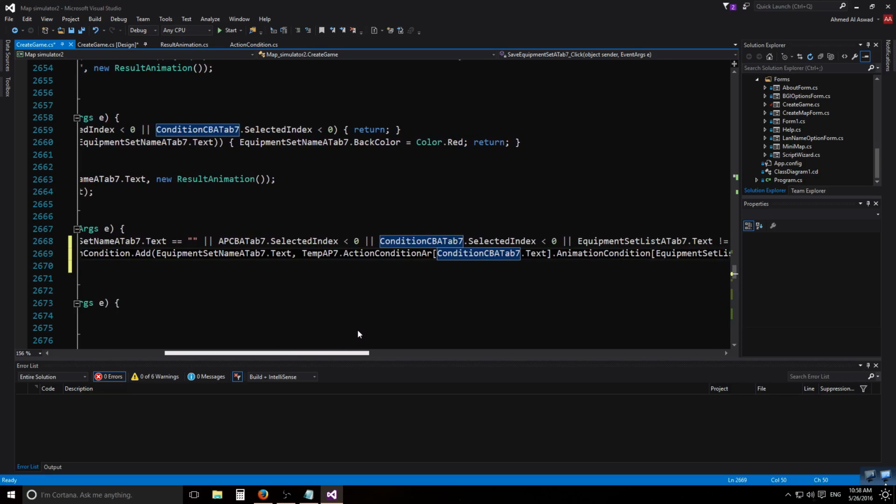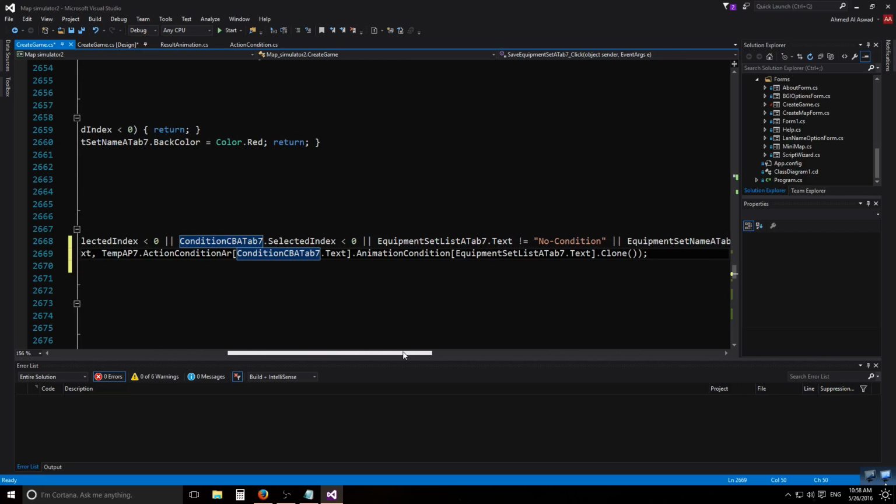It's weird to have 3 names for the same thing. The equipment set is the result animation and is the animation condition. It's kind of weird. Anyway, it's the